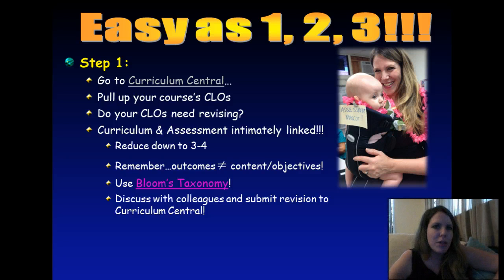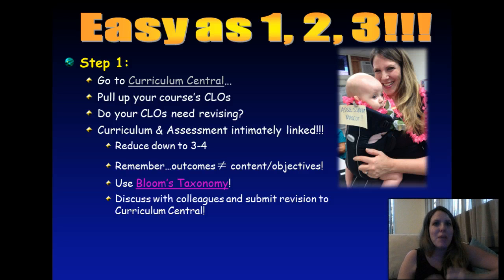Well, how will you know if they need to be revised? Number 1, are there too many of them? A lot of the courses have maybe 10 or 11 course learning outcomes. That's a lot, and it's more than necessary. And if you have 10 or 11 or 20 or 30 outcomes, every single one of those needs to be assessed every semester. That's a lot of work. So let's work on reducing these course learning outcomes down to 3 or 4,